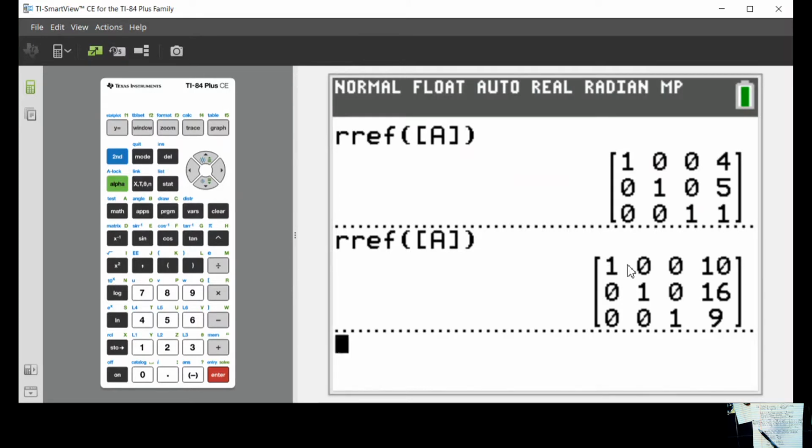Again, this is saying X equals 10. So remember, this means the number of cheese pizzas was 10. The number of pepperoni pizzas was 16. The number of supremes was 9. So that is the answer to the question. So we had 10 cheese, 16 pepperoni, and 9 supreme pizzas. X is 10, Y is 16, Z is 9. Okay, so